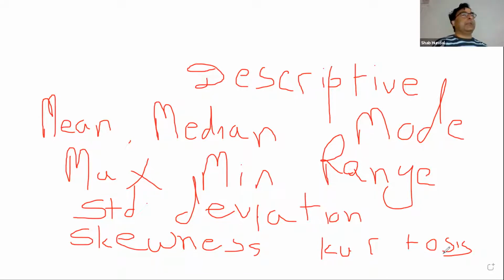But I don't use it. It doesn't make any sense to me in the financial markets or in finance in general. So generally, for me, descriptive statistics include mean, median, sometimes mode, max, minimum, range, and standard deviation. The question is, what is descriptive